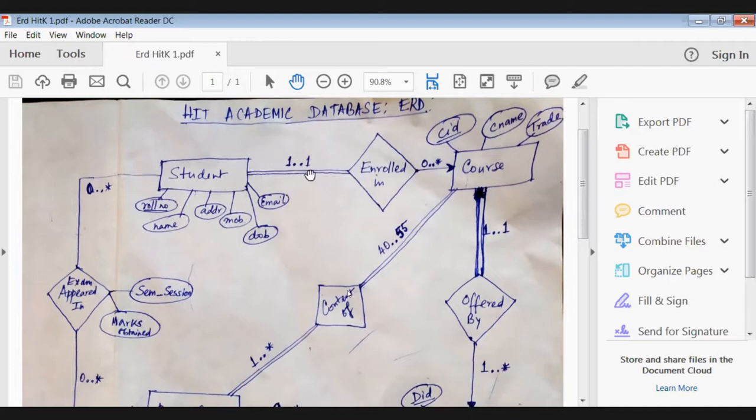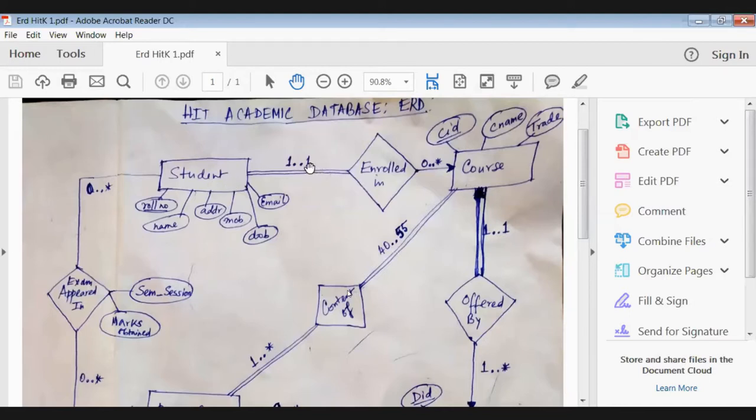For student, if you see the cardinality, 1..1 means minimum 1, maximum 1. So a student should be associated with at least one course, either BTech or MTech or any other course. And at max, how many courses can a student take?